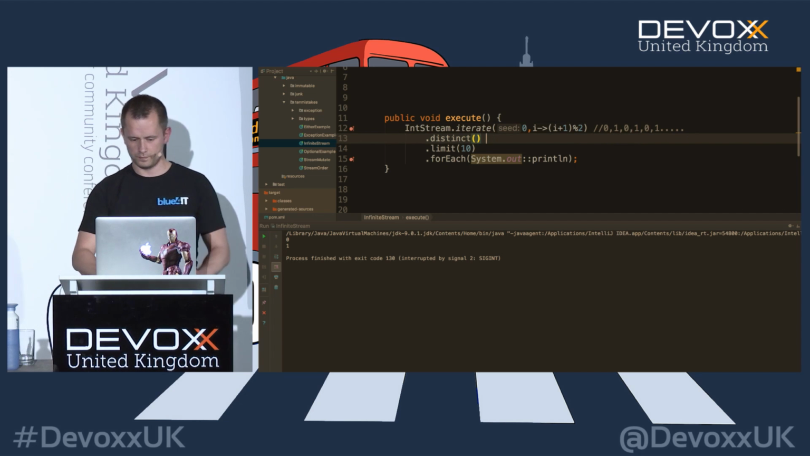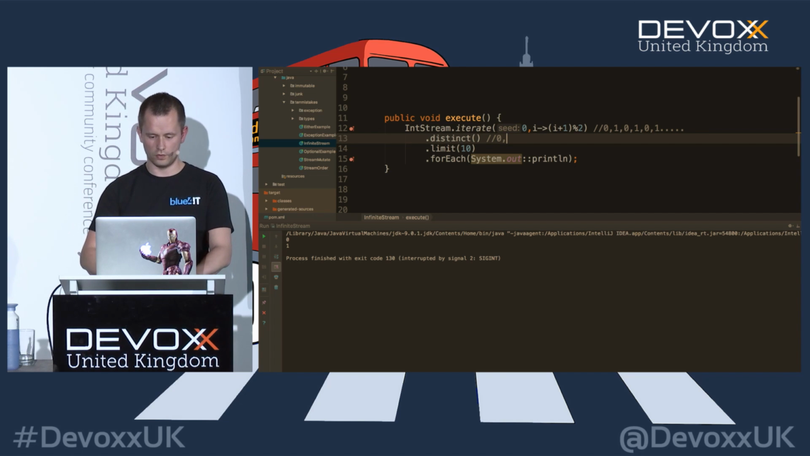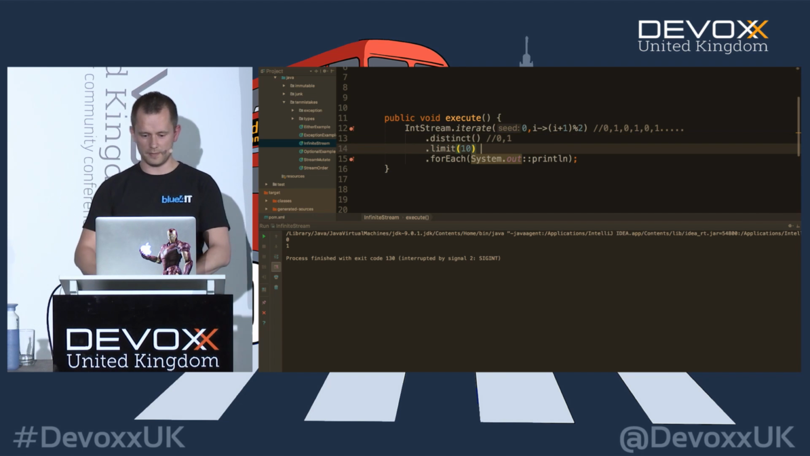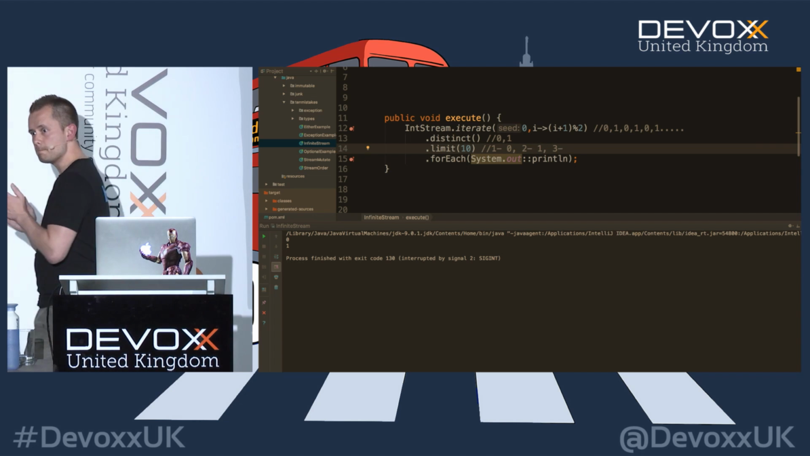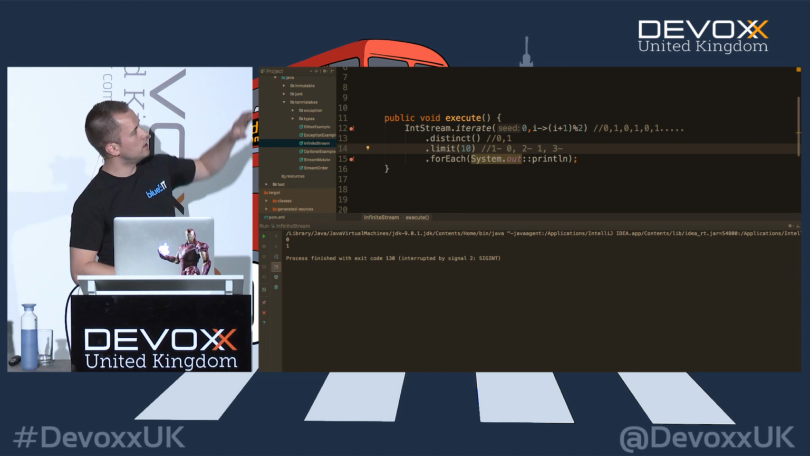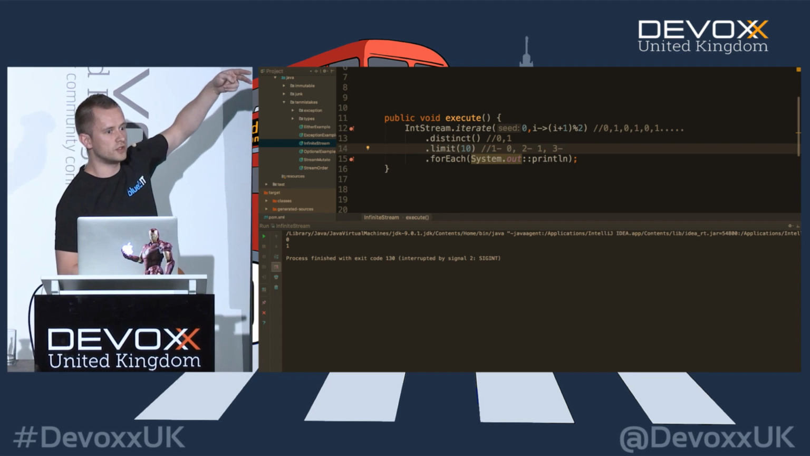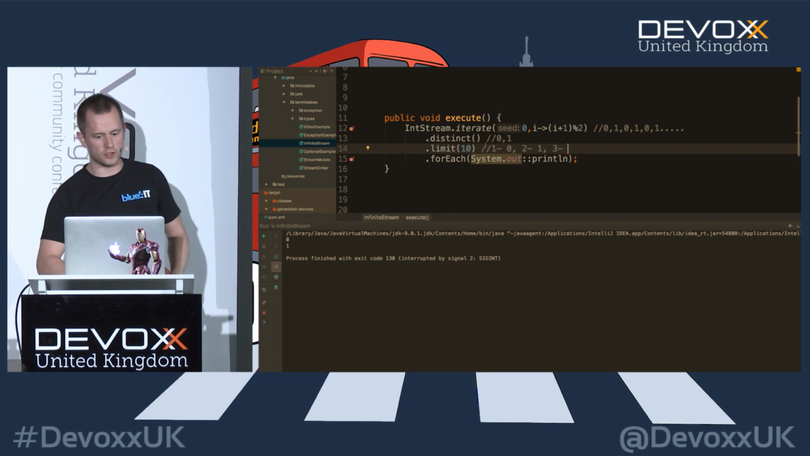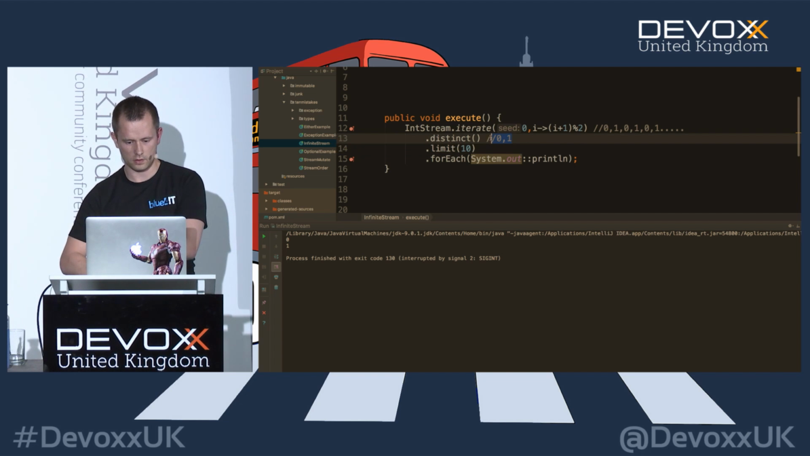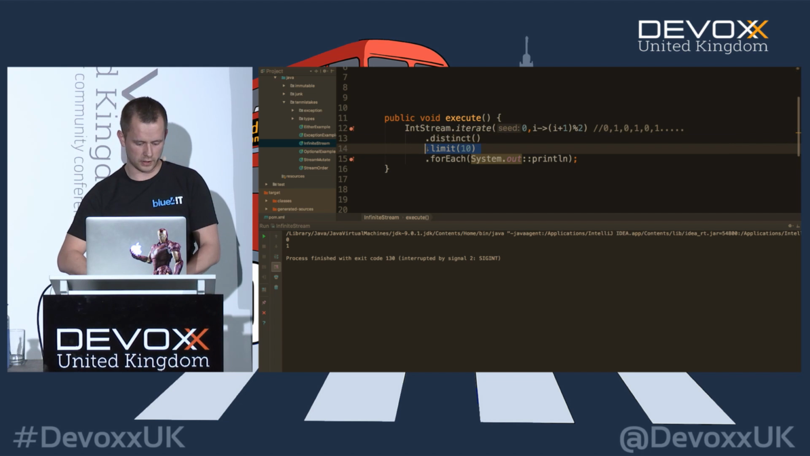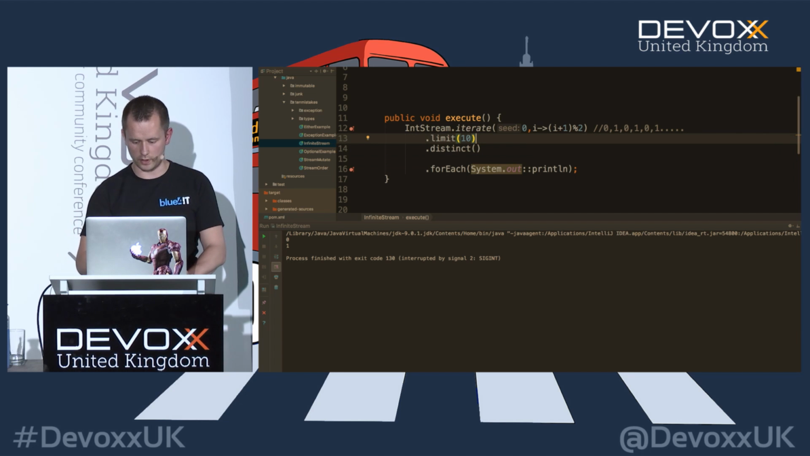Then I say distinct, which gives me 0, 1, which says limit 10. Okay, the first one I have is 0. The second one I have is 1. The third one I have is, I'm waiting. So actually what we did, the order of our intermediate functions, I did it the wrong way. Because if I do the limit over here, and I'm going to run it again,